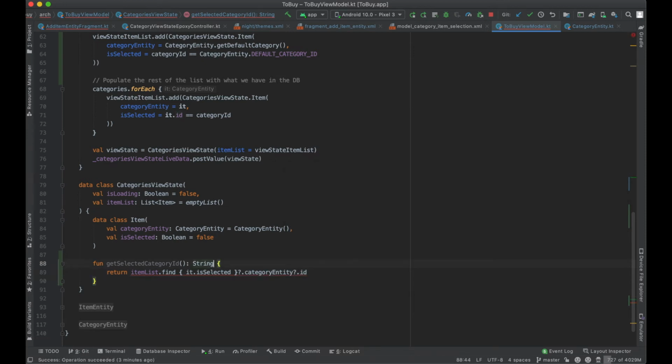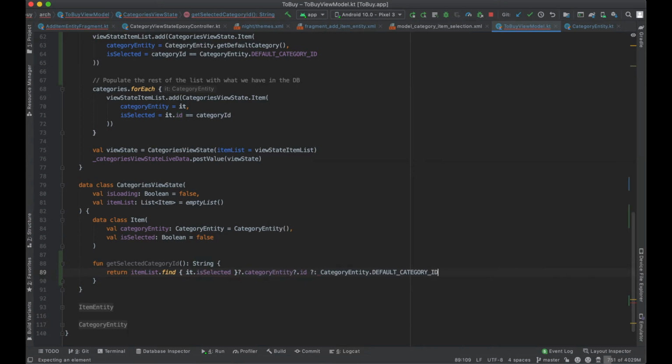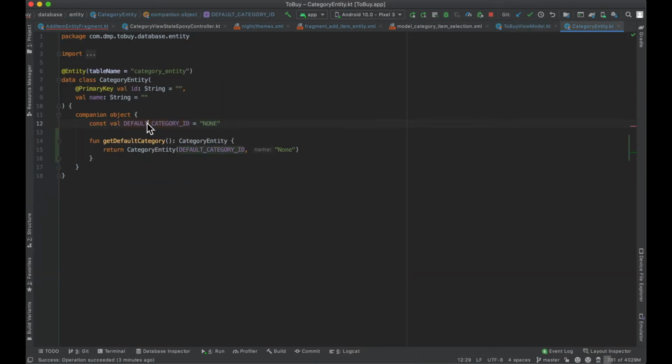And actually, yeah, and then otherwise we're going to return the category entity default category ID, which we might rename to just say no or none category ID or something like that. Anyway,